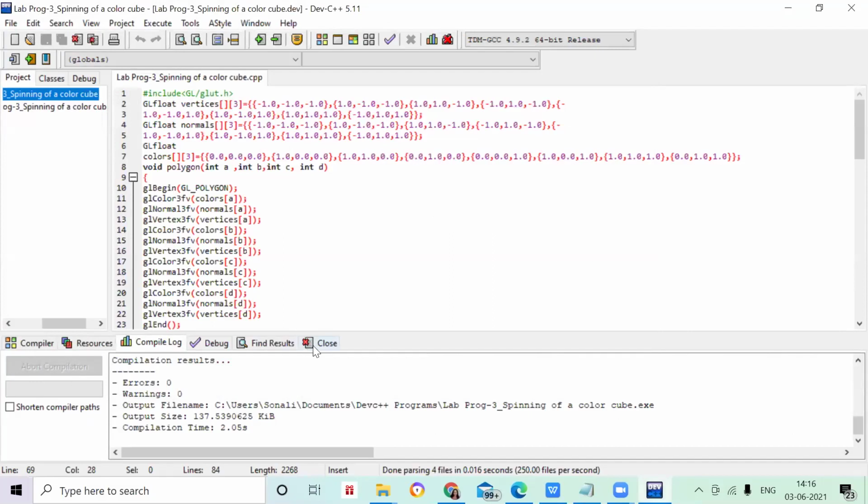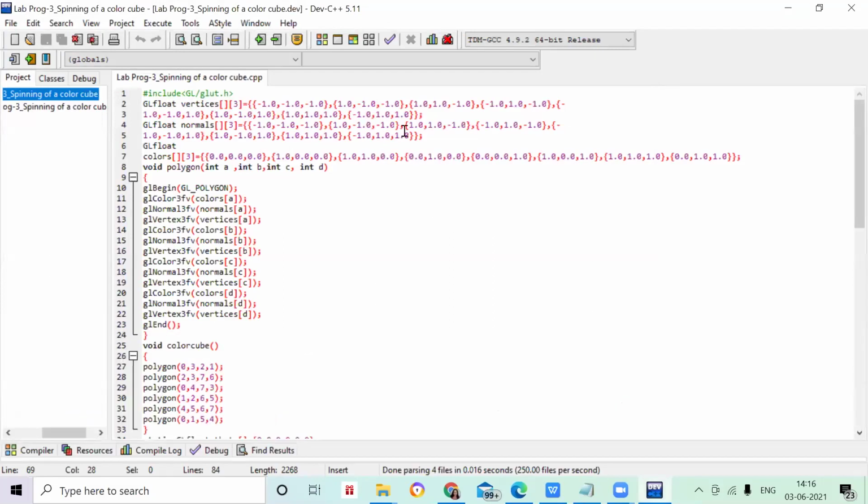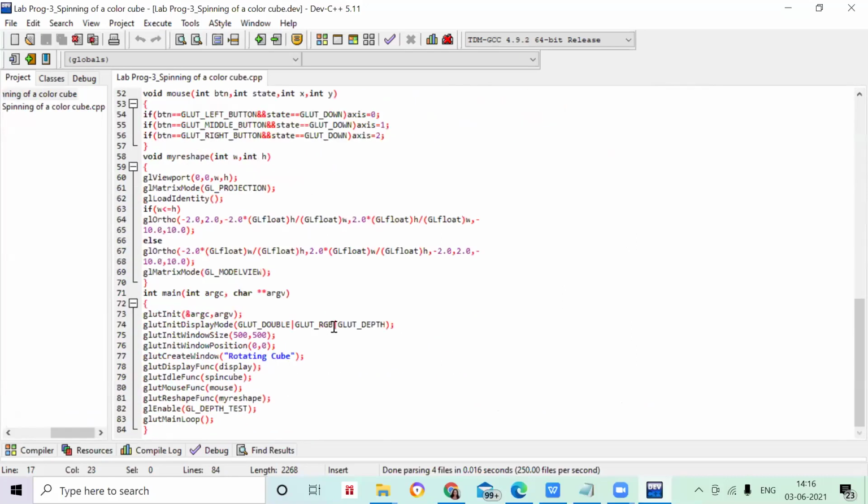Starting the program, first we have to go to our main function. This is my main part. Before starting the main part, you have to know that in this program code you are using a little of the concepts of animation and modeling.